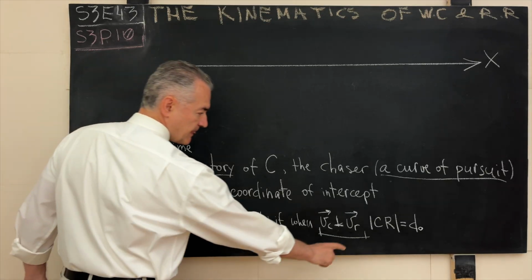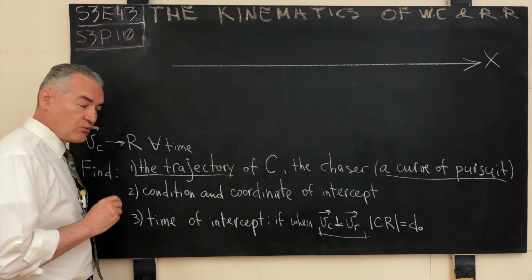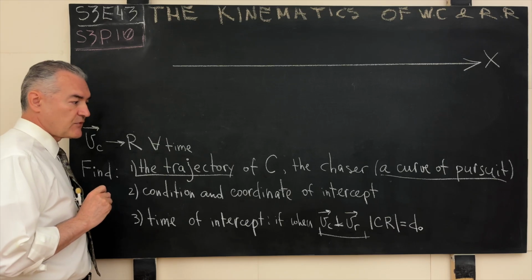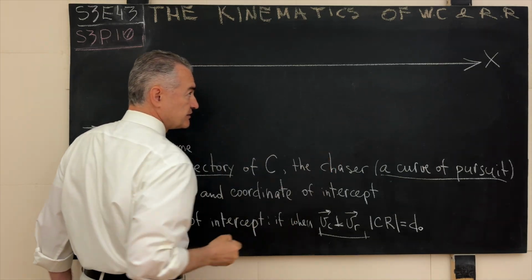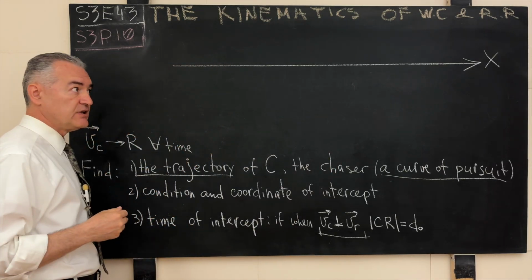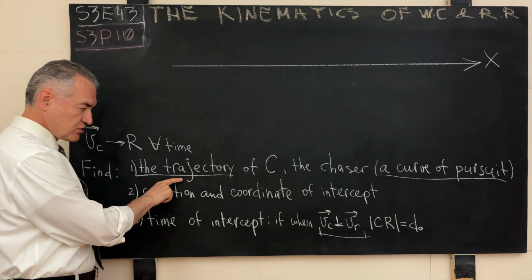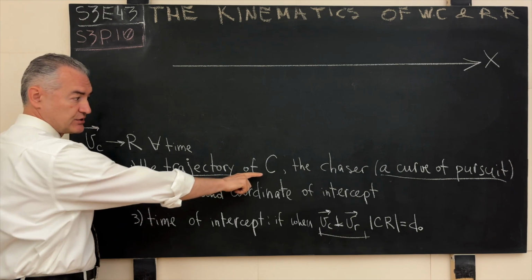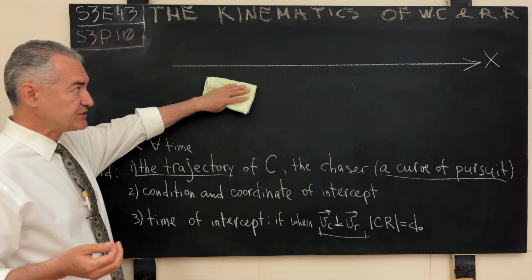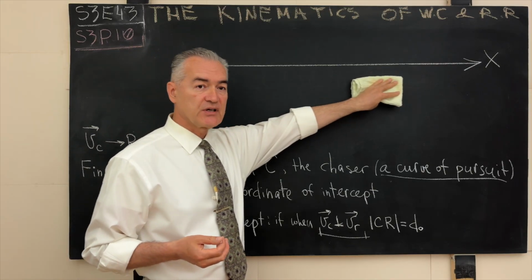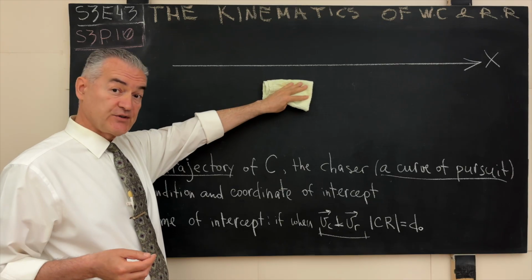The key observation here is the following. At some point, our runner R was where? Well, here's the thing. Because we're told the runner, the point R, moves along a straight line, then that straight line is very naturally converted into the x-axis of the future coordinate system, in which we will construct the shape of the trajectory of the chaser point C. The question is, if we made that decision, and this is a good first step, where on that straight line should the origin of our coordinate system be, and why?